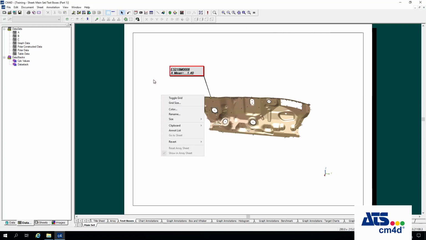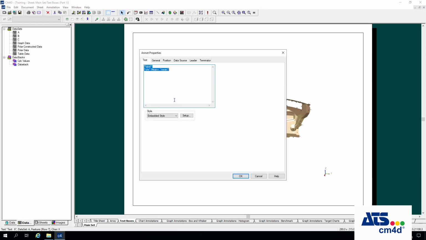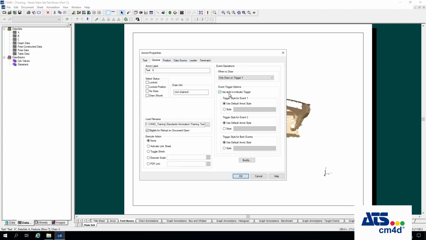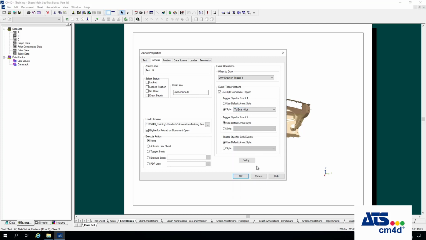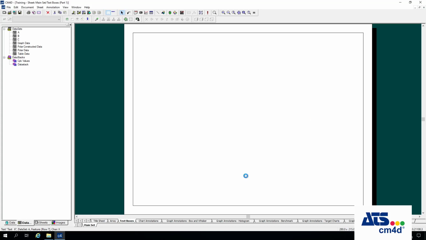So what we're doing here, if we go back to properties, we're going to go to general and we're going to say use style to indicate trigger, and we'll say that if it's reporting a value that is non-conforming for this event 1, we'll click on style and say we want it to use this tall eval out. It can be any other style that you've created, but in this example we're just using this style. So if we do that and then hit OK,